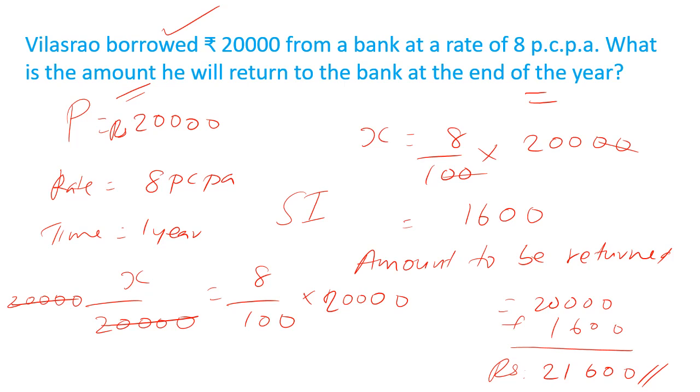There are only 4 sums in your textbook because you may think that doing 4 sums makes you an expert, but this is very simple while the concept is great. Concept is great means you have a lot to study ahead. It is mathematically simple because you are comparing with 100, since it is percent per annum. Okay, thank you.